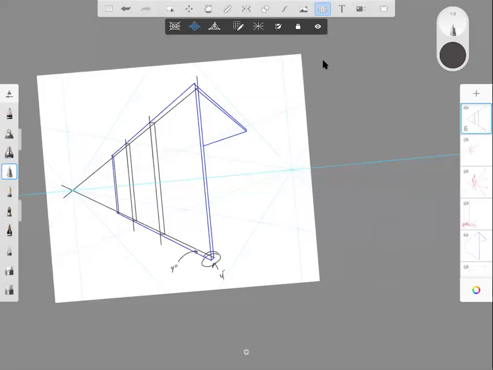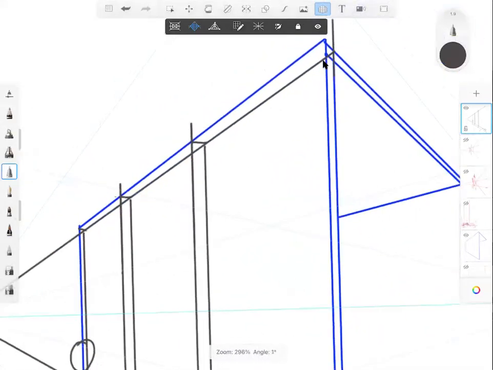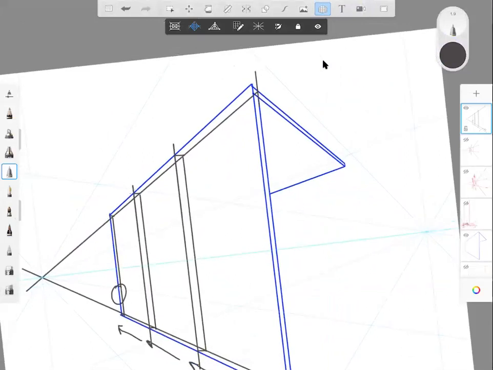So then if we did this correctly, this as it diminishes in space should get smaller, right? And so then now if I draw that line straight up,